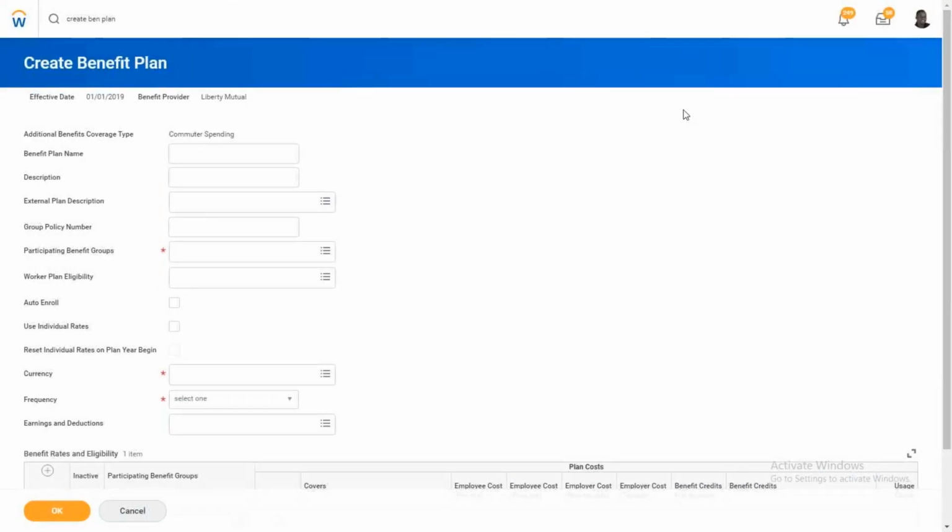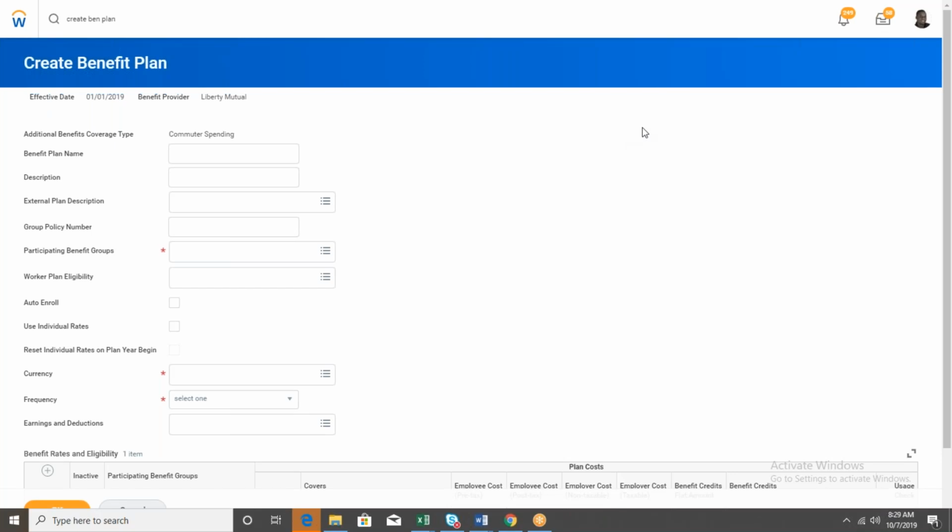So when you say use individual rates, what does it mean? For example, your client is managing benefits in PeopleSoft. Okay, the client is managing benefits in PeopleSoft. Few plans are there in PeopleSoft. However, for reporting purposes, the client has built an integration to get the details from PeopleSoft to Workday. Actual contributions, actual elections are happening in PeopleSoft, not in Workday. So we're exporting those details from PeopleSoft to Workday, right?